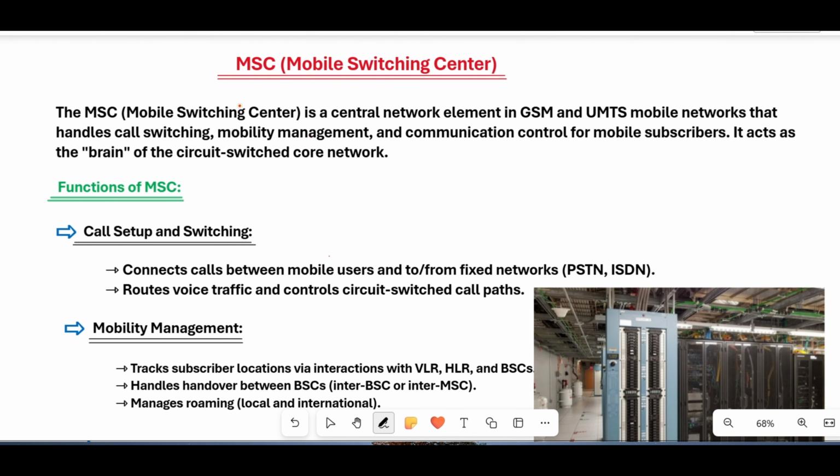Now we will discuss the mobile switching center, or MSC. The MSC is a central network element in GSM and UMTS mobile networks that handles call switching, mobility management and communication control for mobile subscribers. It acts as the brain of the circuit switch core network. Functions of MSC: